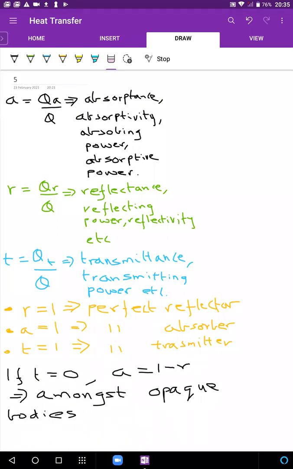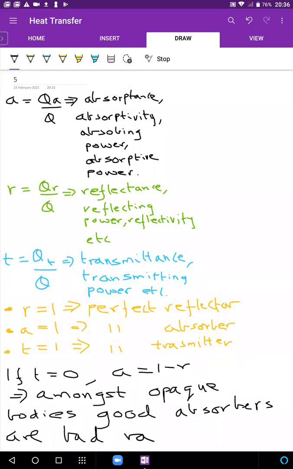So objects which are otherwise dark are technically absorbing most of the incoming colors. So they absorb a lot of incoming light. That's why a black body is a better absorber than a white body. It absorbs most of the radiations coming on it. That's why it appears black. Whereas a white body reflects a lot of the colors falling on it, and the mixture of all those colors appears white. So a white body is definitely a better reflector than a black object.